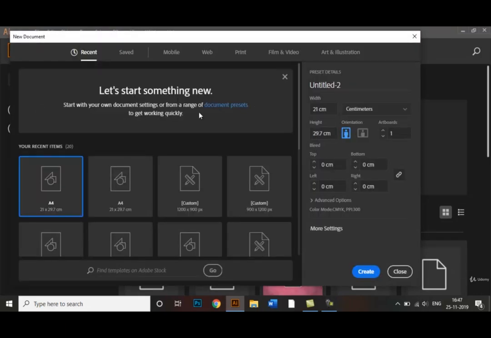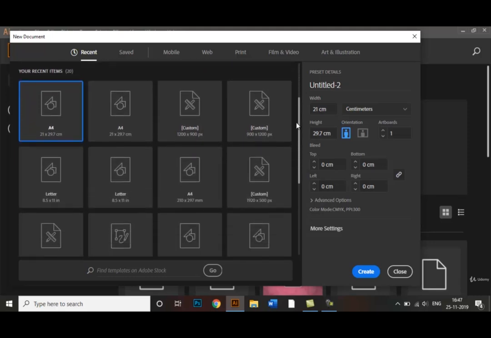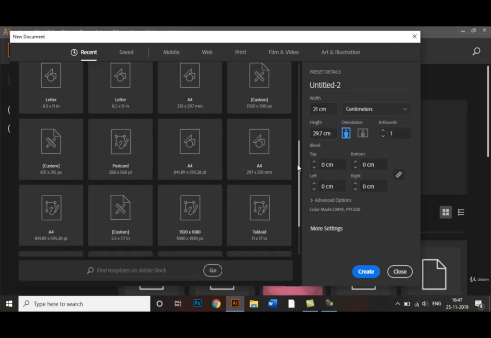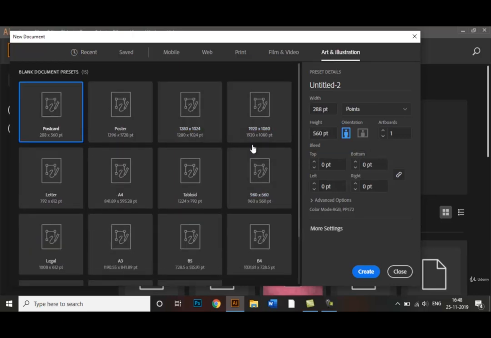So as you can see right here, Adobe Illustrator provides a much bigger variety of these documents. So feel free to choose any of these document sizes as you please. Feel free to even explore more options from here. So the sizes can vary from an A3 size to a legal paper size, A4 size, a letterhead, a tabloid format. It's quite a lot. Right. So but for this video,